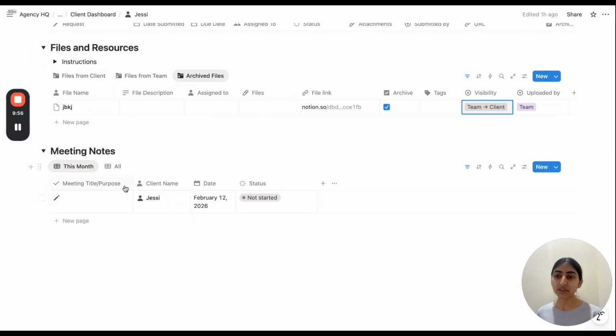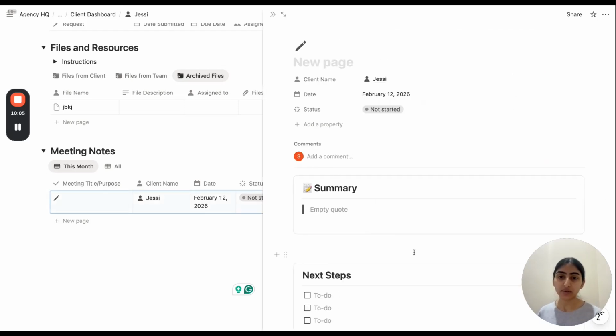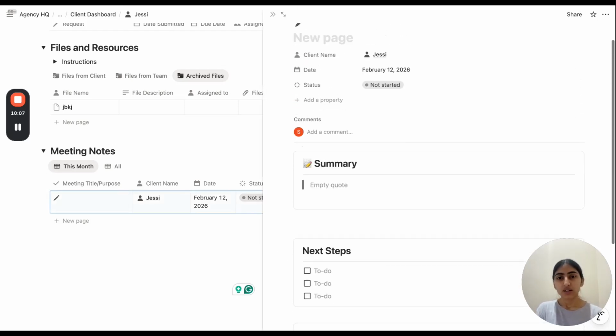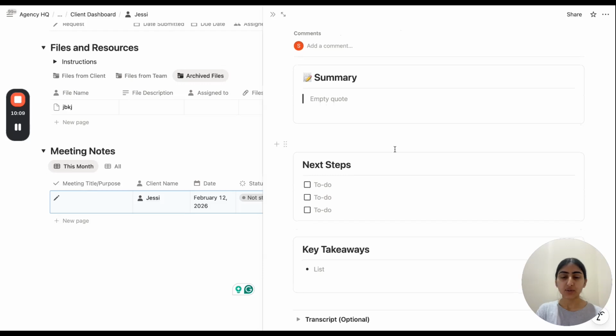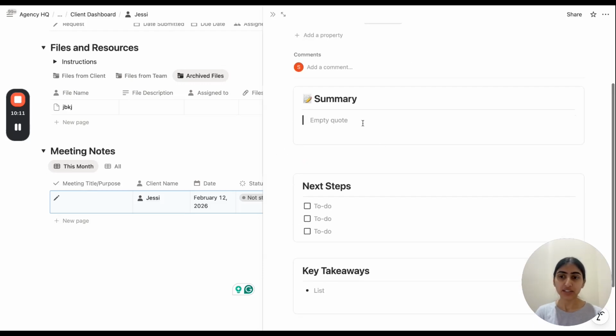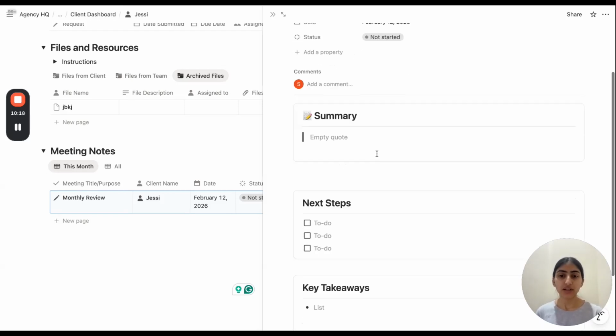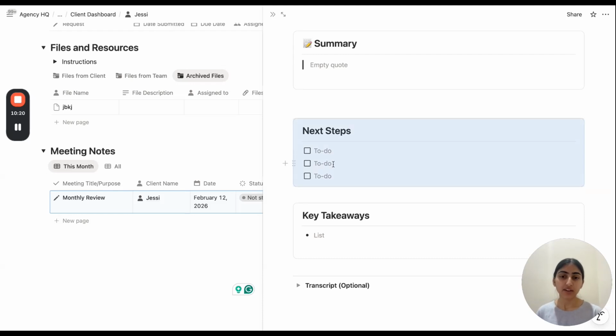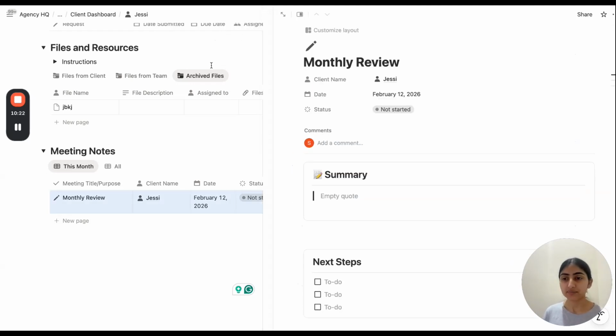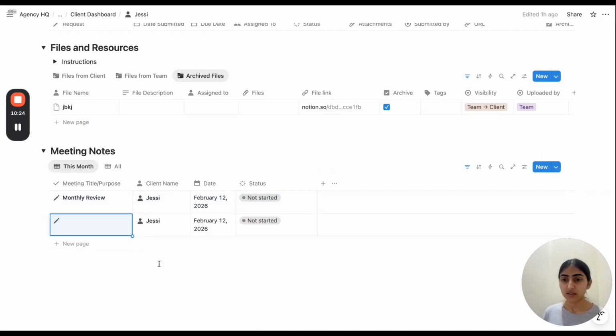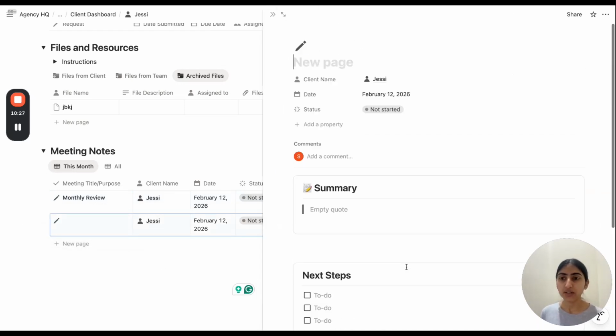So next we have the meeting notes. If you want to organize or streamline meeting notes, at this one place you can update the things related to the ongoing meetings with the clients. For example, you can have any meeting, let's say a monthly review. Okay, and next, any of the required things you can update here. So this is how it works.